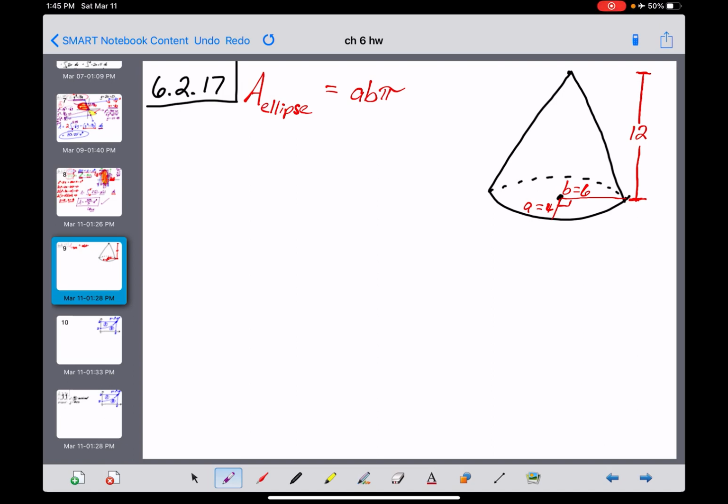I think number 17 is a cool problem here, guys. They've given you something called an elliptical cone. Now, I drew it from a little bit more straight on of an angle than they did. The weird thing about this problem is every cone looks like its base is an ellipse when you draw it